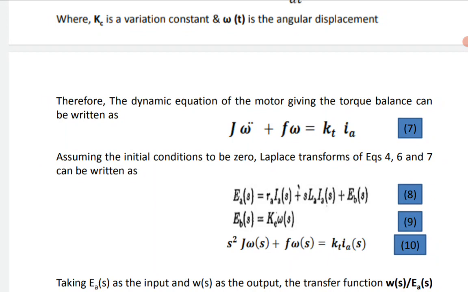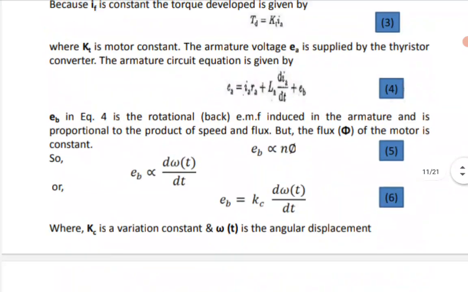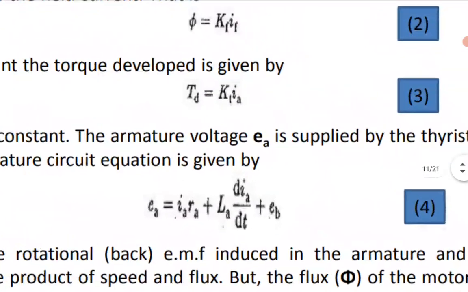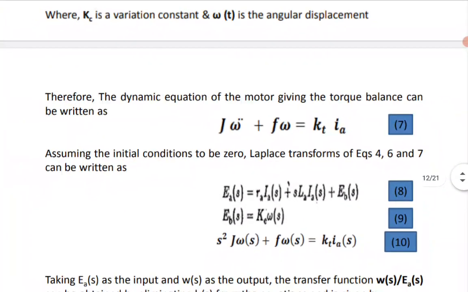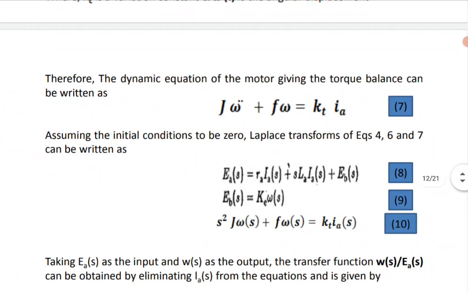That is the mechanical torque equation, which should be equal to the electrical torque equation, Kt into Ia, already developed from equation 3. Assuming the initial conditions to be 0,